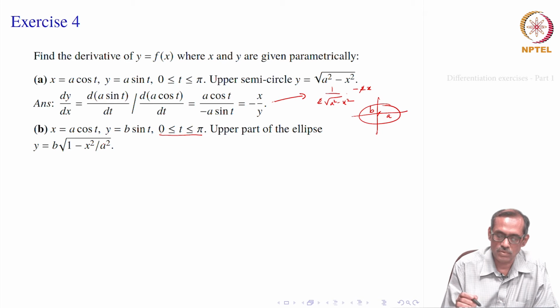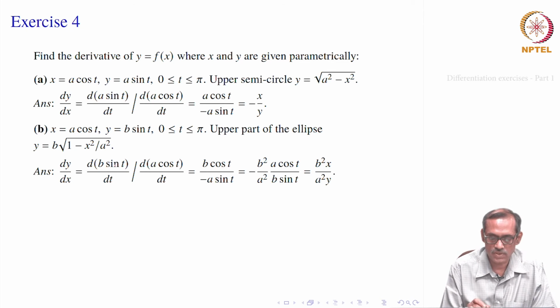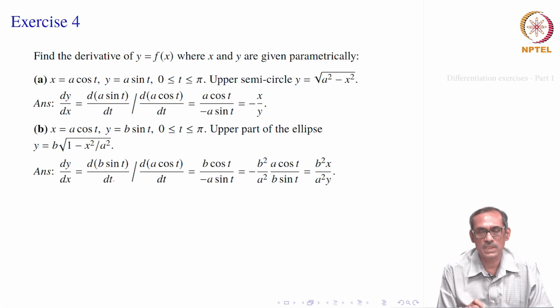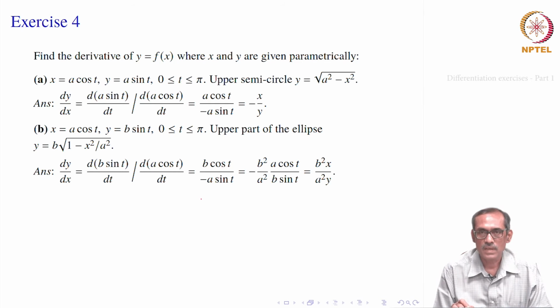Again, you have two options, whether to do it parametrically or directly. So, let us do one of them, say we will use parametric differentiation. Now, here dy by dx is dy by dt divided by dx by dt as earlier. Now, y is b sin t, so its derivative with respect to t is b cosine t, and x is a cosine t, so its derivative is minus a sin t. Okay.